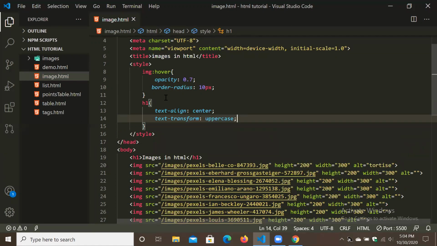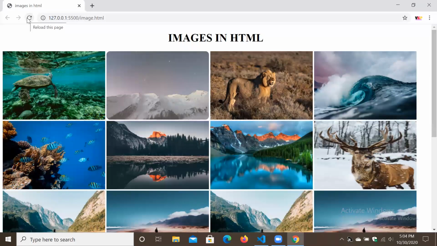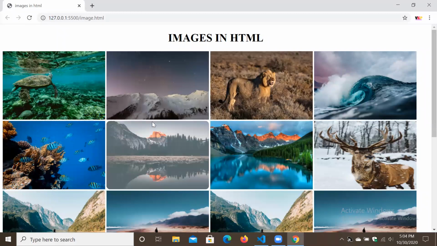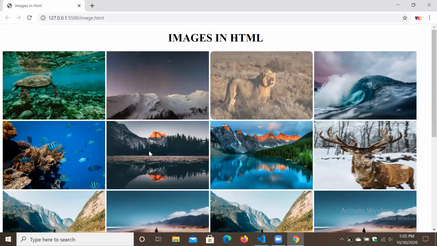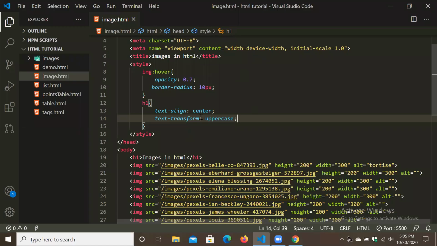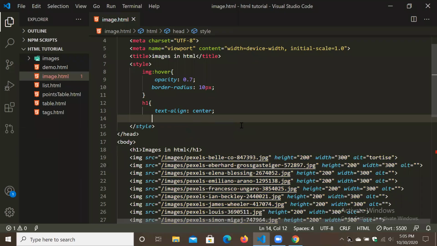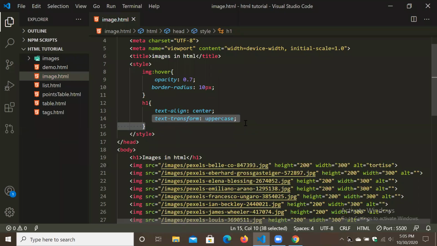Control S to see. Look what happened, our heading came in capital letters, but I have to do another change. I have to press control X or control Z, I have to remove this text transform from here.